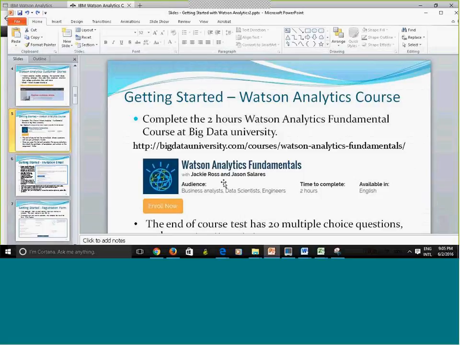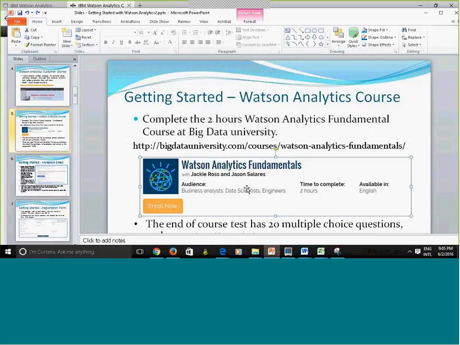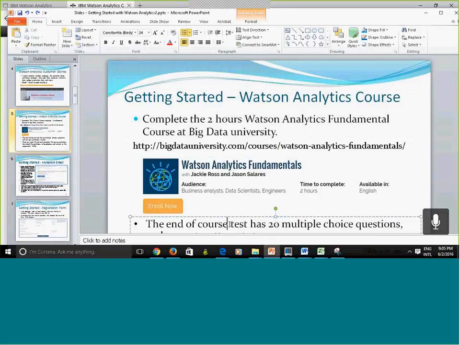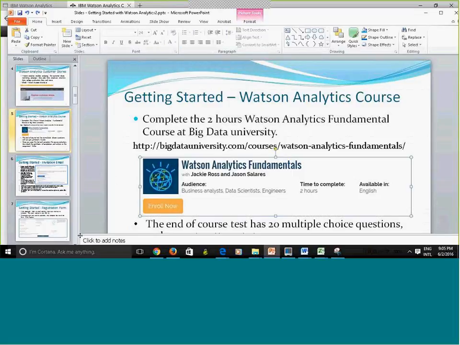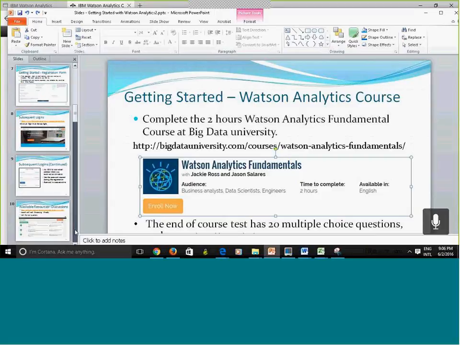So keep in mind that after you pass the test, you need to complete the course evaluation, right? If you want to print the certificate. Well, you can actually save it as a PDF and then print it. Okay, so the test has 20 multiple choice questions. You have 1 hour.